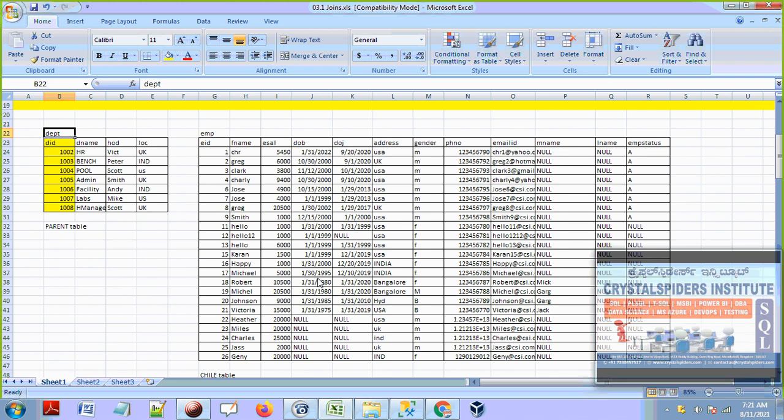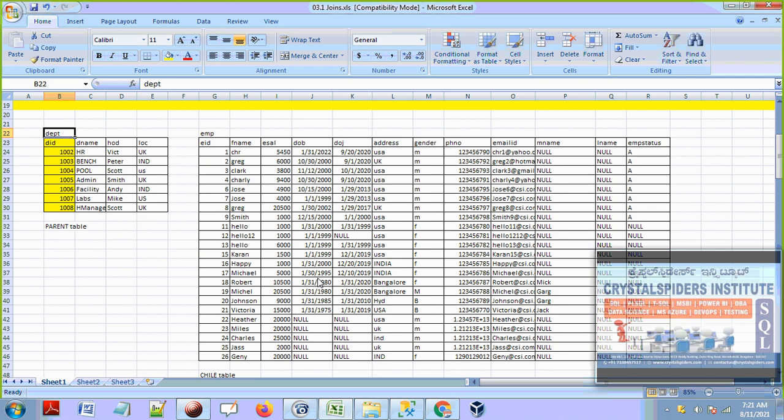How can we say that the employee table is a child table now? There is no kind of relationship between the DEPT and employee tables now because I dropped that column, the DEPT ID column is not there anymore. In this case, there is no relationship between the employee and DEPT tables. So in this case, we can't join these 2 tables, guys.